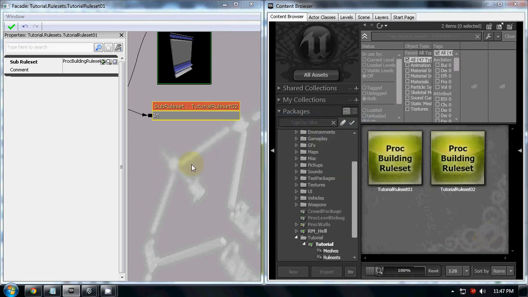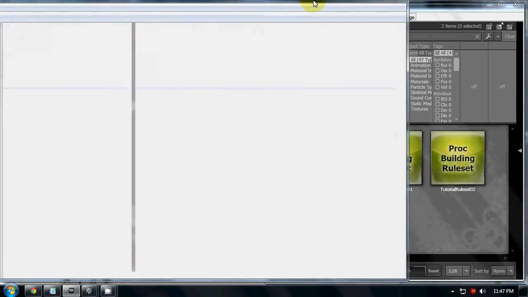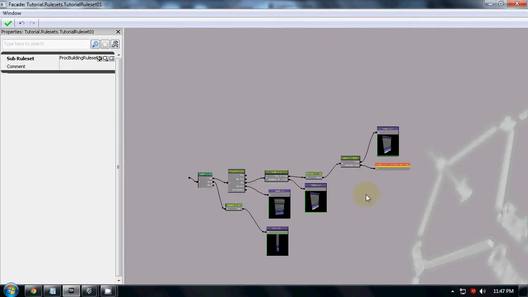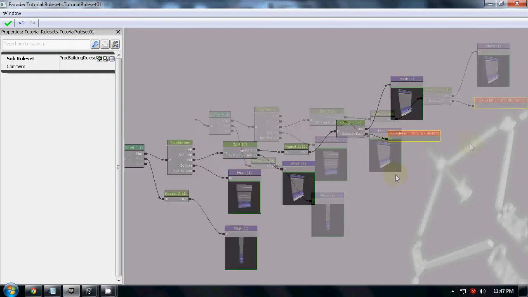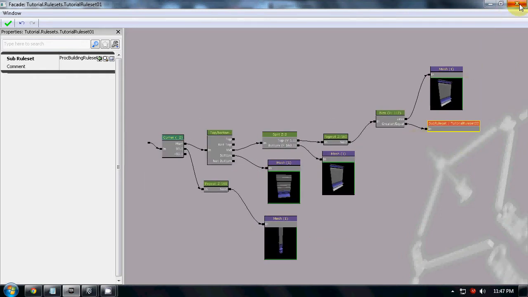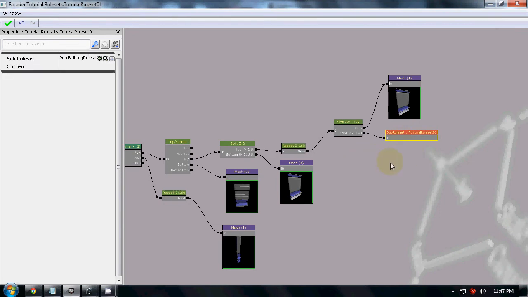It's only useful when you have a lot of different stuff going on in your procedural building. So maybe you have signs randomly generated in a sub rule set. That would be useful. What